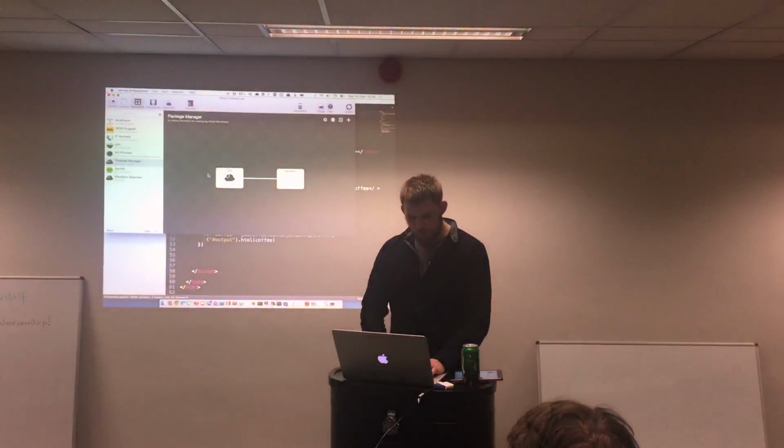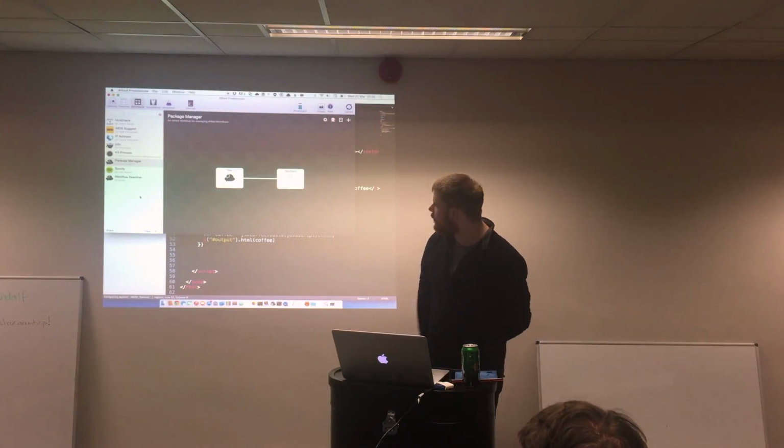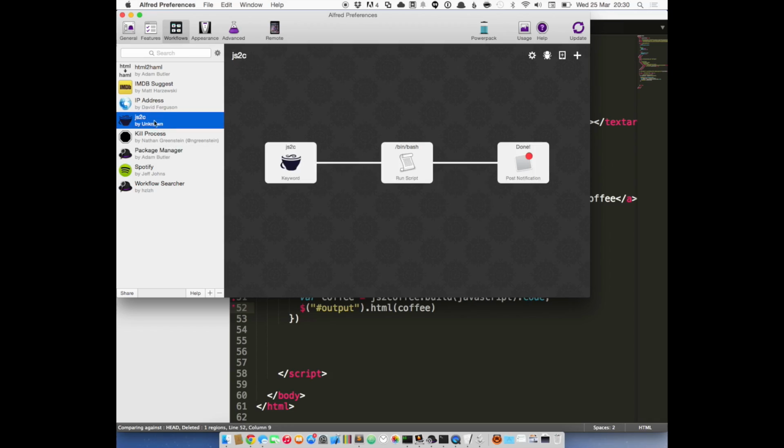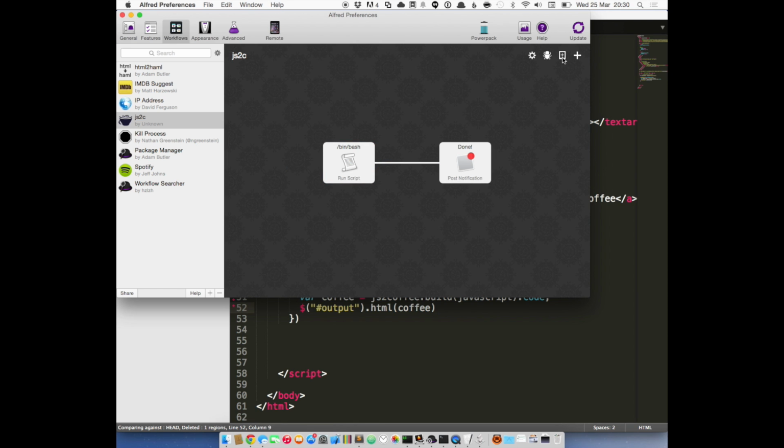So Alfred allows you to build these little workflows with the Power Pack. I've built a little JS2C package, and it's very much a drag and drop environment. So I can take that away. I can come in here and I can say my trigger is